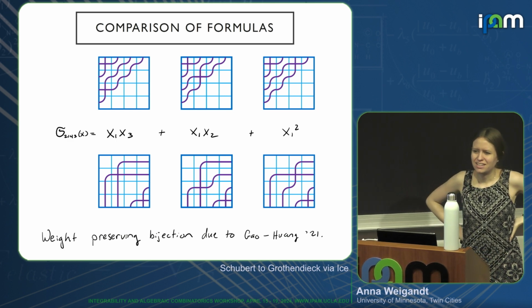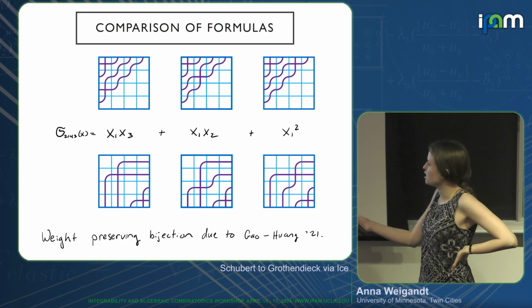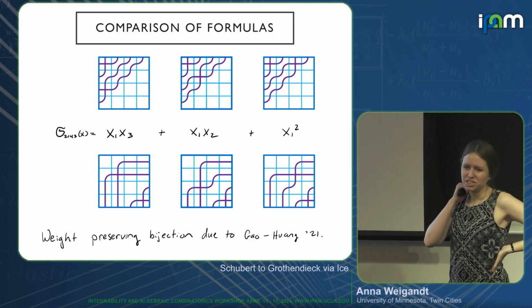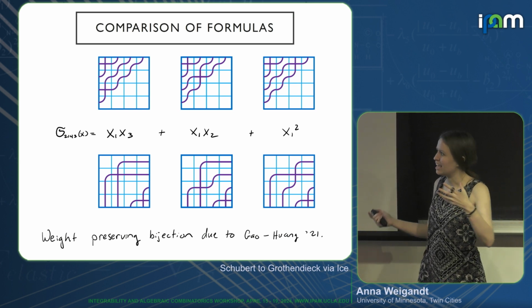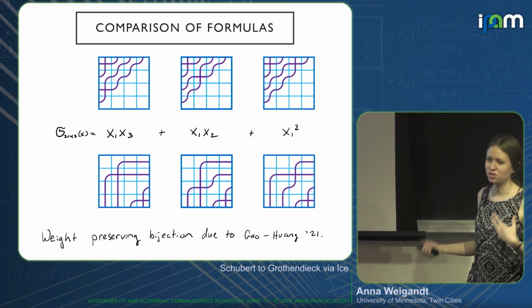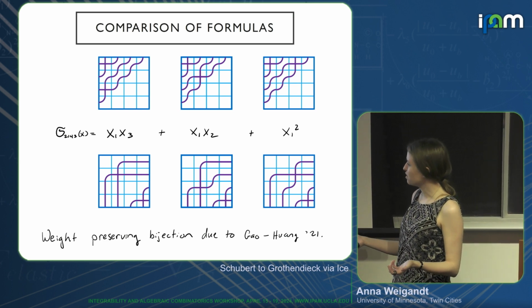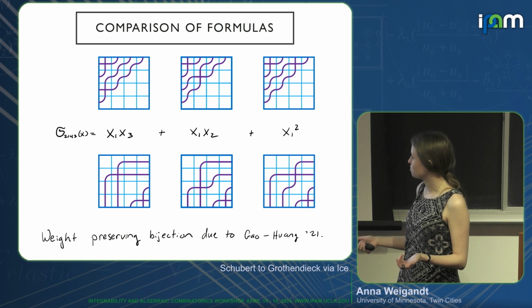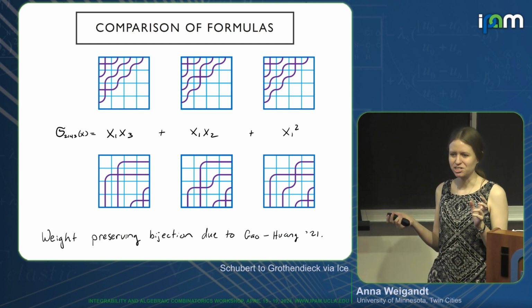So in this very silly case, I've just lined up the things that have the same weight monomial. But generally, there will be lots of things with the same weight monomial, and you have to decide how am I going to pair up a pipe dream with a bumpless pipe dream? What things belong together? And really answering that question, Gao and Huang gave a canonical bijection between